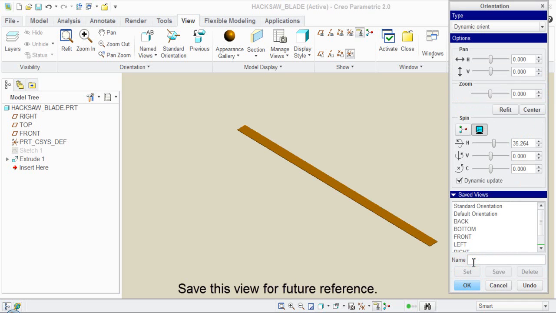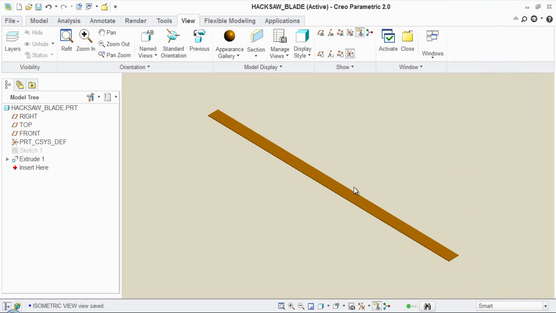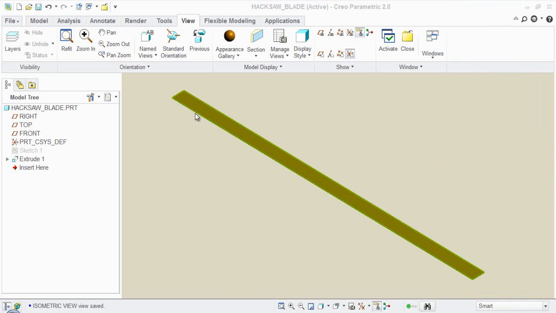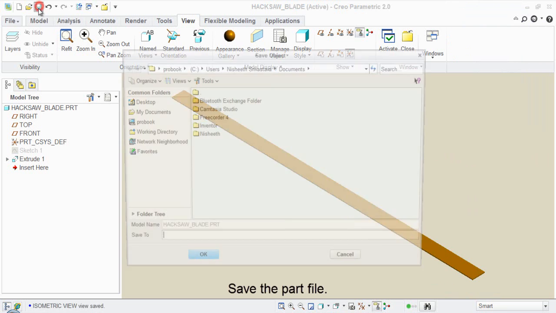Save this view for future reference. Save the part file.